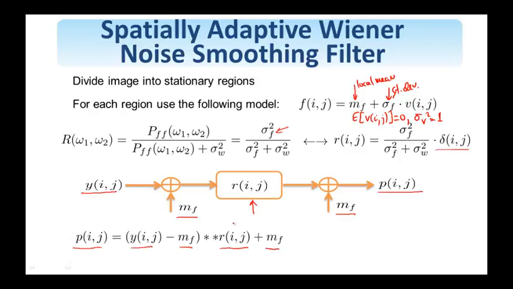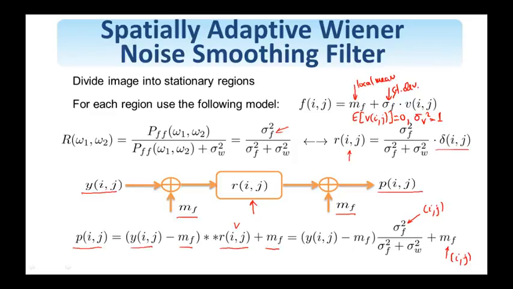So if I substitute here for Rij what we have already found over here, since I convolve with the delta, it means that the signal goes through, and therefore this is what I obtain. So this is the output of the noise smoothing filter for a specific stationary region. Now if I shrink the region to a pixel, then the local variance becomes a function of ij, and so does the local mean, and this gives rise to the spatially adaptive Wiener noise smoothing filter, which you will see